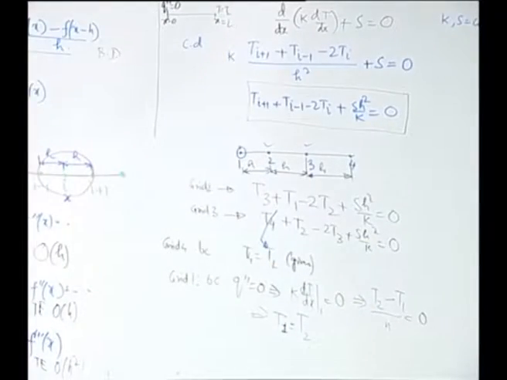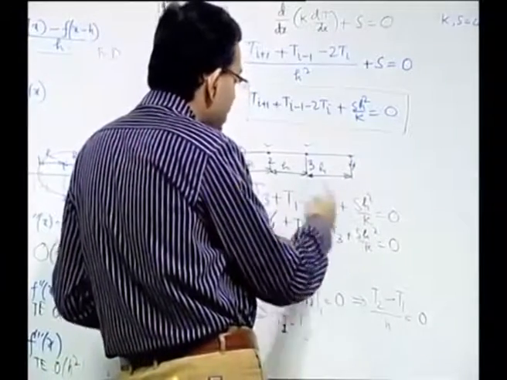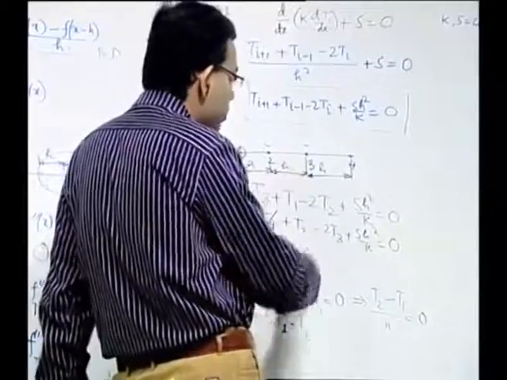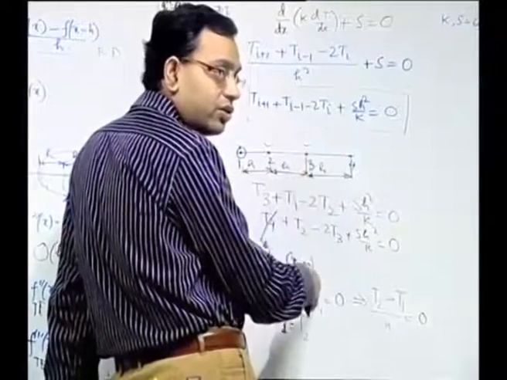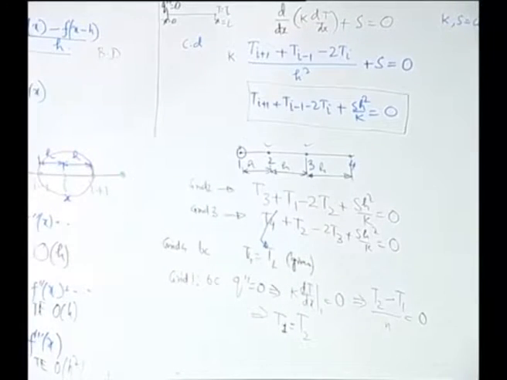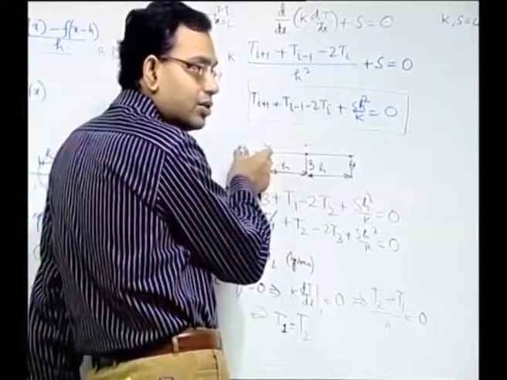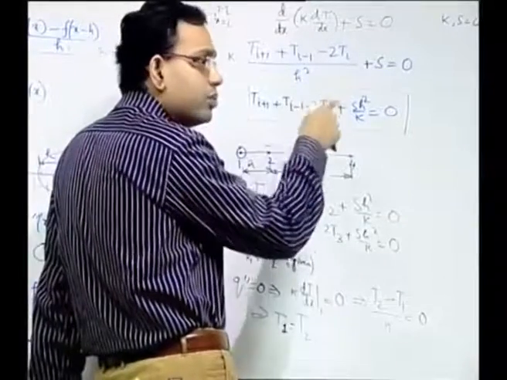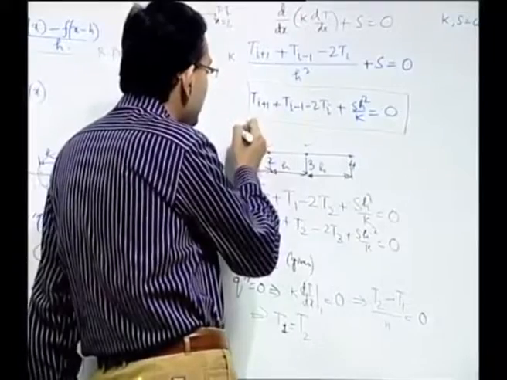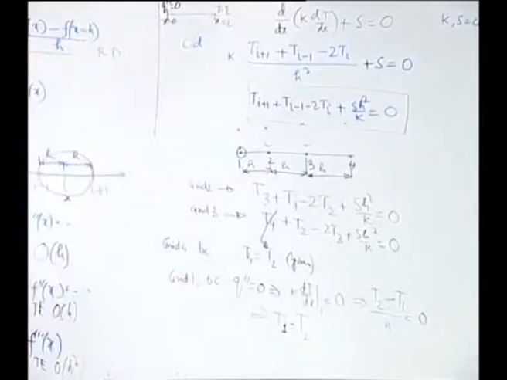We will come to more details on the boundary conditions subsequently, but here the objective is to illustrate what you have achieved at the end. At the end you have these 3 equations, 3 linear algebraic equations with 3 unknowns. So, you can solve for T1, T2, T3. In between, how it varies depends on your interpolation, but it has no sense of an element. It does not care how you interpolate it, it is up to you. It will give you just the values of temperature at discrete points, and then maybe you can smoothly join them or join them by piecewise straight lines, it is up to you.